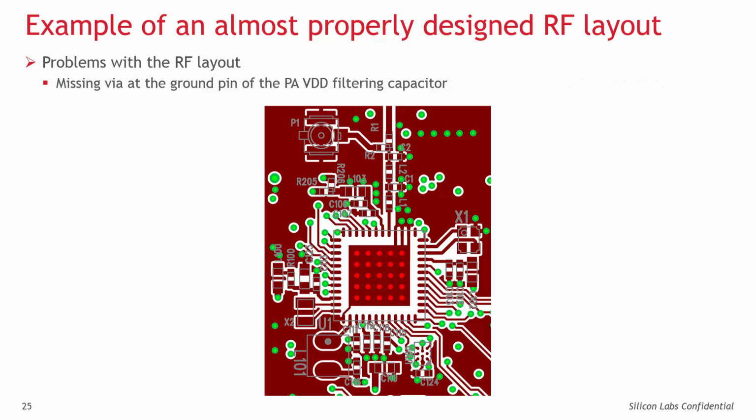The ground pin of the picofarad valued PA-VDD filtering capacitor does not have any GND via. This way it is connected to an isolated metal with no ground connection. Use an isolating ground metal between the crystal and the VDD traces to avoid any detuning effects on the crystal caused by the nearby power supply and to avoid the leakage of the crystal or clock signal and its harmonics